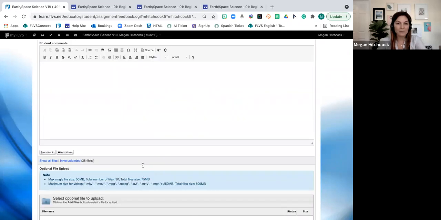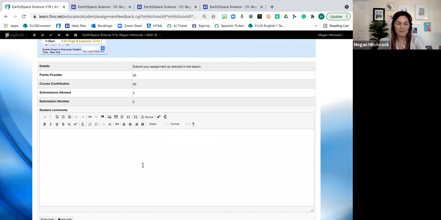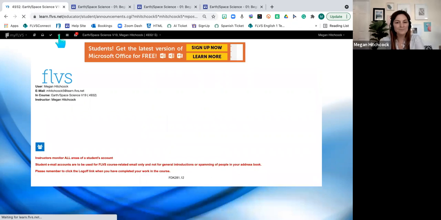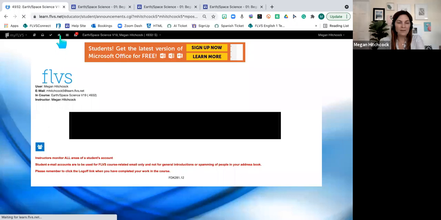So you do have 3 opportunities to make revisions. You can go back and look at my feedback that I send you, make revisions, and resubmit for more points. And this is really important because it will help your understanding moving forward and it will help your overall grade. So home button, the house at the top left-hand corner, so you can select this, go back home here.